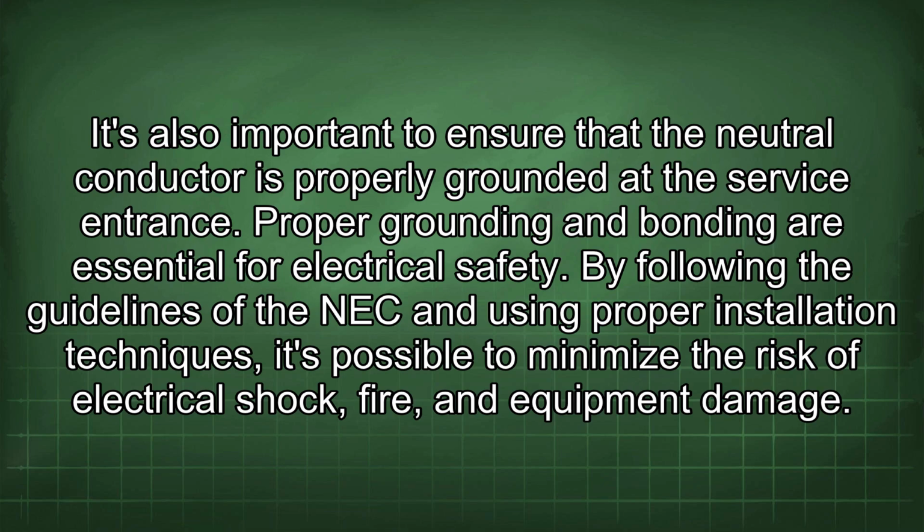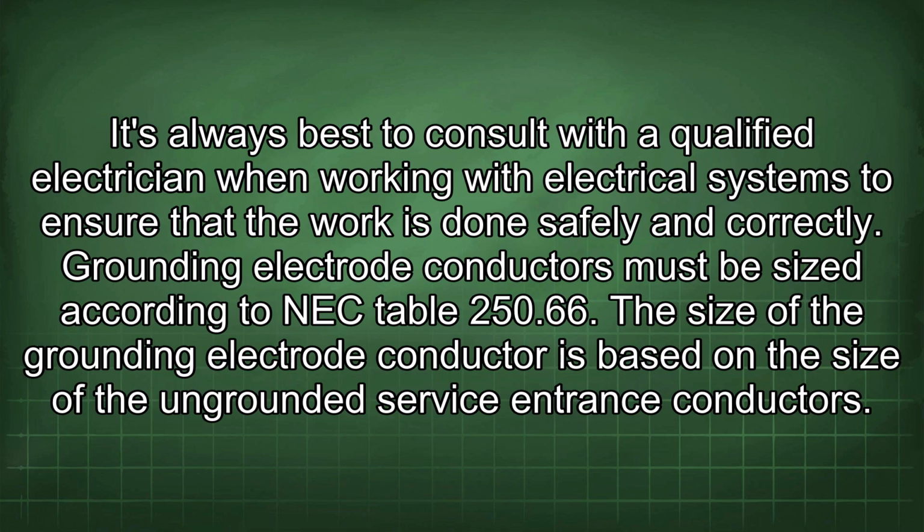By following the guidelines of the NEC and using proper installation techniques, it's possible to minimize the risk of electrical shock, fire, and equipment damage. It's always best to consult with a qualified electrician when working with electrical systems to ensure that the work is done safely and correctly. Grounding electrode conductors must be sized according to NEC Table